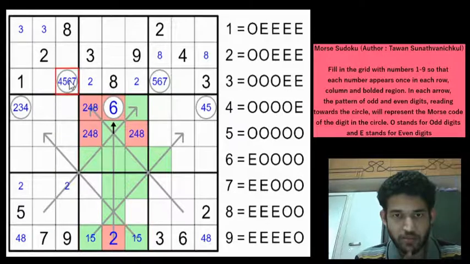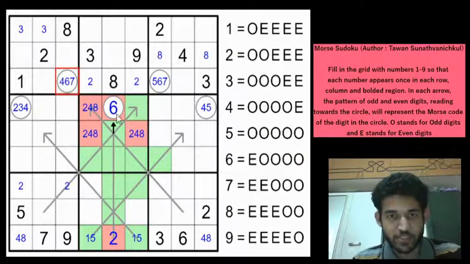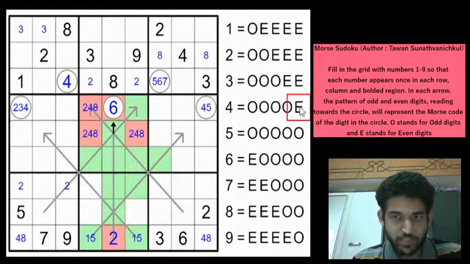Right? So let us come back to this circle to see if we can make any more eliminations. So the last 3 digits are odd, odd, even, right? 4 has that pattern, but 5 does not have that pattern. 5 has an odd, odd pattern, so 5 can be eliminated. So it is either 4, 6 or 7, and 6 also can be eliminated. So it is 4 or 7. 7 also can be eliminated. So the only possible digit that is going to be coming in row 3, column 3 is 4, because the last 3 digits would have to follow the odd, odd, even pattern, and only 4 is following the odd, odd, even pattern. So we can place the 4 here.